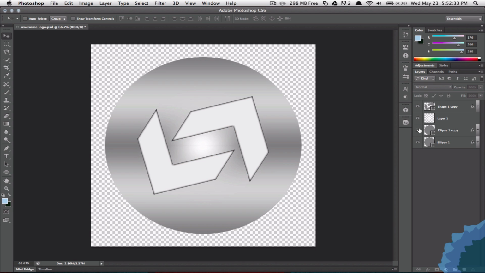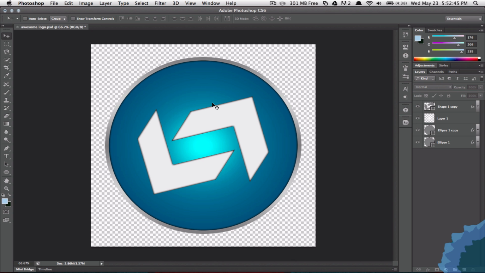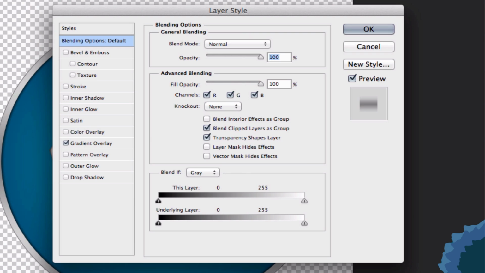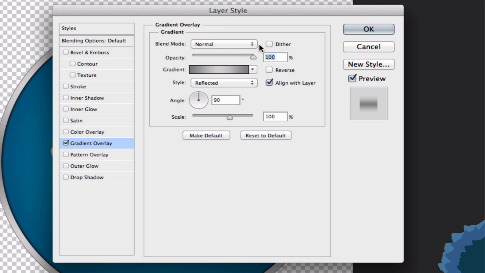So as you can see, the first copy is the actual sphere, and behind it is the metallic texture. It's actually a gradient that, due to being covered by the sphere, looks realistic. So let's look at the properties for the actual metallic ring. Just double click on your layer and it'll open up the layer styles. Now from here we can of course add other settings, but we just want to see the settings that we already have. If I just go to gradient overlay, we can see that we've not really changed that many settings